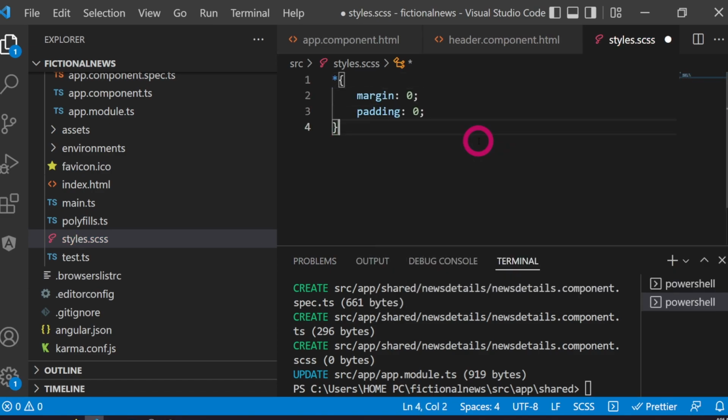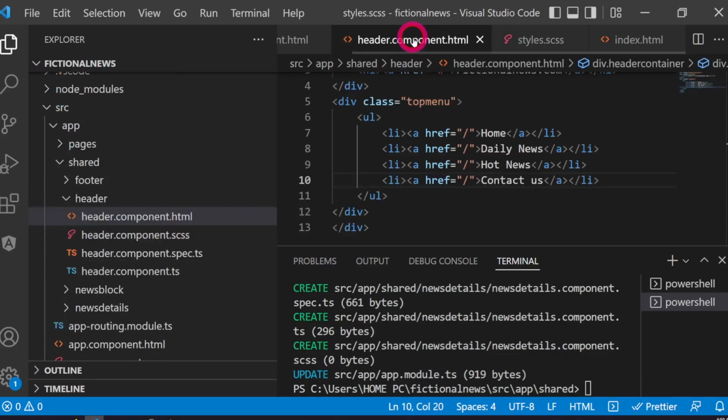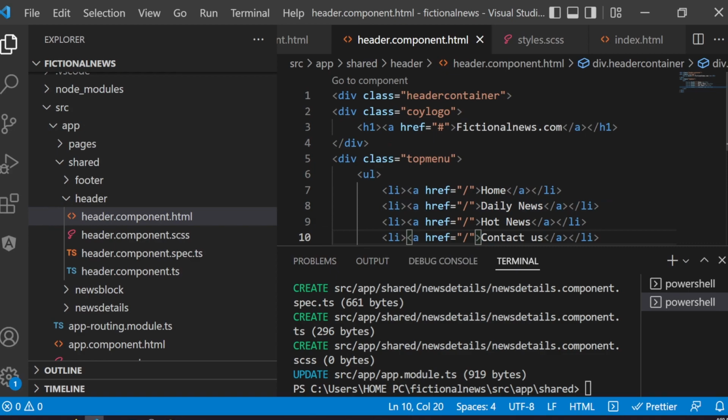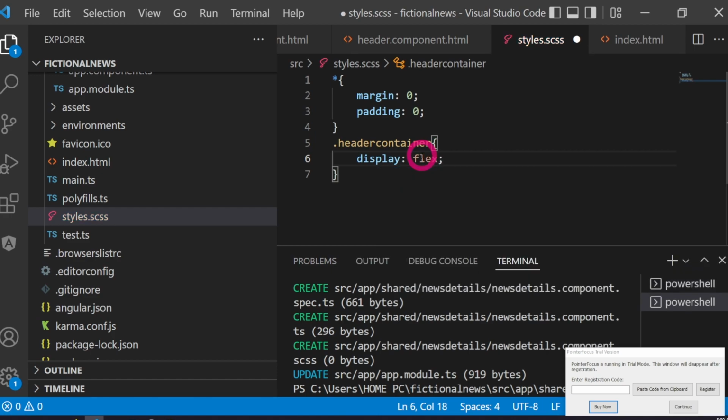Okay, that one is done. So here we said header container, company logo. So we're gonna do, that's the first one. So this is gonna push those two elements sideways. Let's save it.